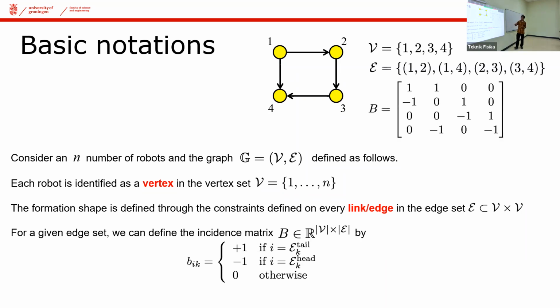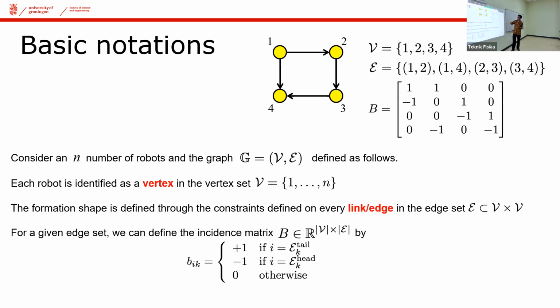So with these notations, we can take a look at that example. In this example, we have 1, 2, 3, 4. That is the number of vertices. The edges is defined by 1, 2. So that is the way we put it. 1 into 2, 1 into 4. So this is really following the way we indicate the arrow. 2 to 3 and 3 to 4.